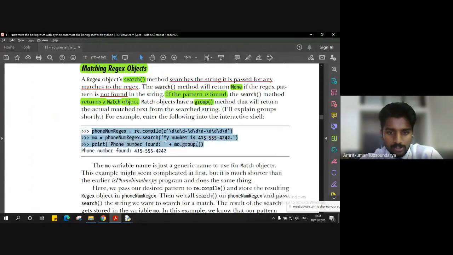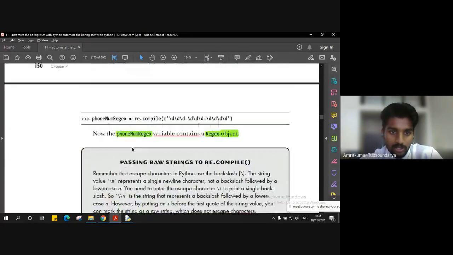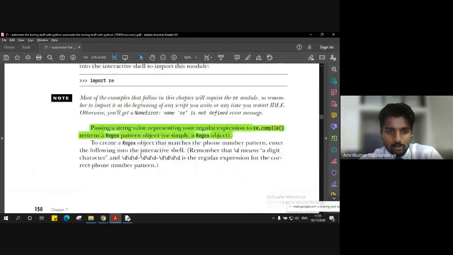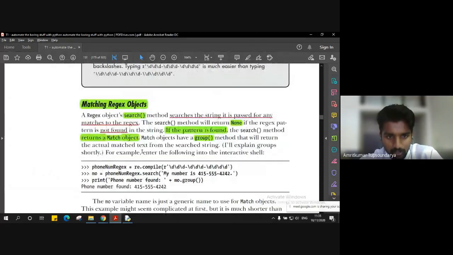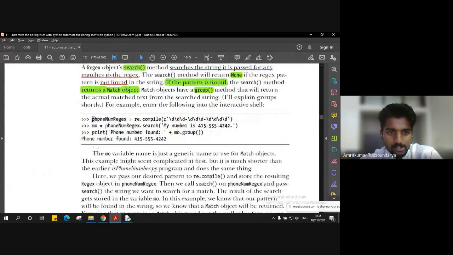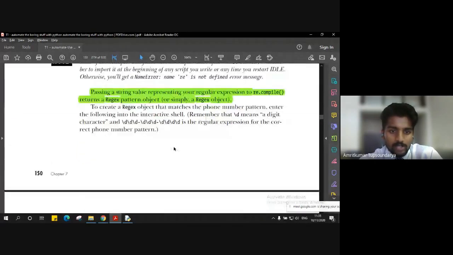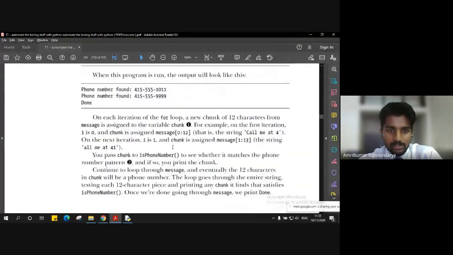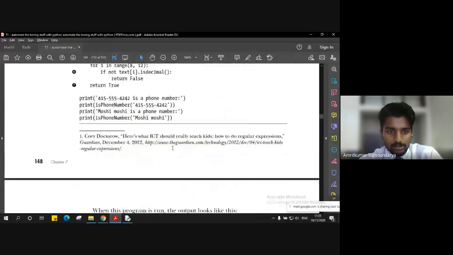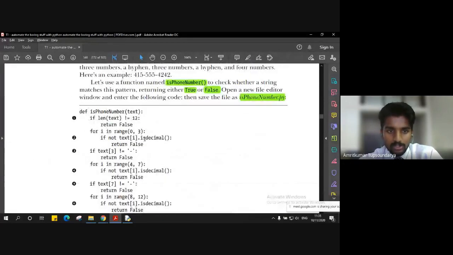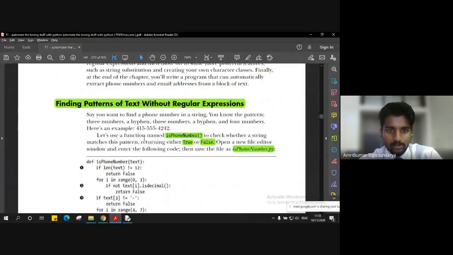Not even four, just these 3 lines of code. The fourth one is the output, right? So this is just 3 lines of code when we make use of regular expressions. The task these 3 lines perform is the same as what we saw in the previous lecture, that is pattern matching without regular expressions.